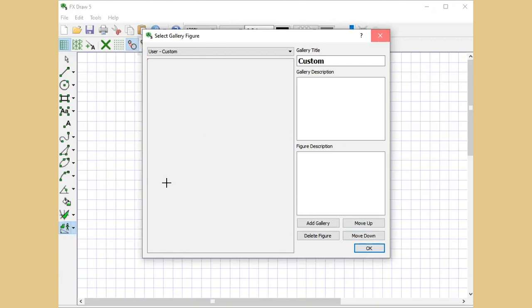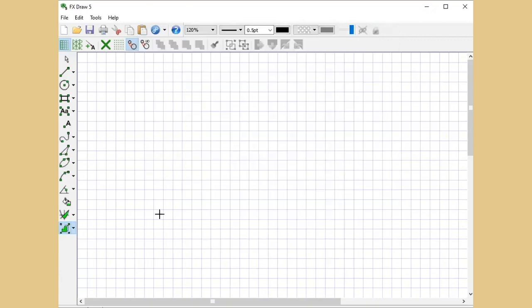I hope this feature of FXDraw is appearing to be very useful, because we can directly take the images. We don't have to spend much time on drawing them, and we can bring them here on FXDraw. And by drawing this here, we can add text or anything else, marking angles, adding colors to it, and whatever we want to do. And simply we can integrate it with a Word document and we can do our questions.